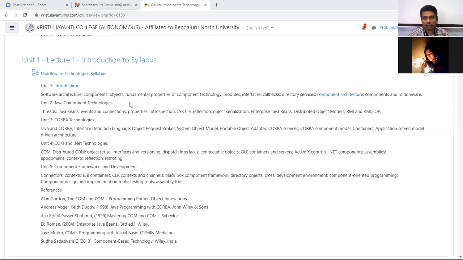Here I'll be covering all the theoretical aspects as well as some small programs for the creation of components. And in J2EE we'll be going to the next level, because using J2EE we'll be creating the project, the ECP project. So it is combined together. In your middleware technologies you'll be studying the concepts with basic programs, and then in J2EE, where you'll have a course which is an SEC, that is skill enhancement course, you'll be studying all the advanced-level Java programming, and we will be implementing that in the ECP project. So all the way you'll be covering the entire thing.